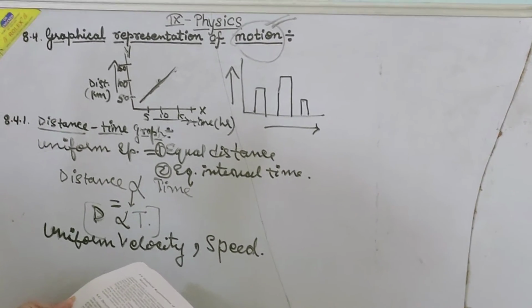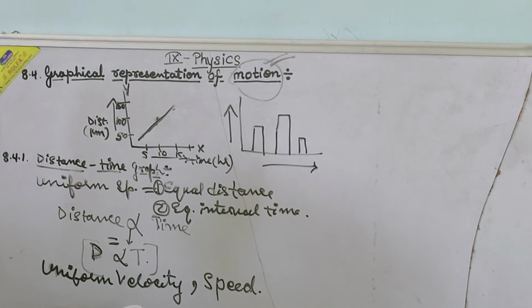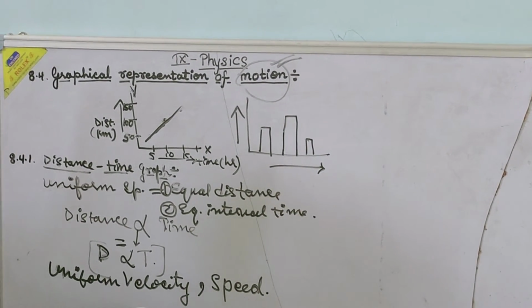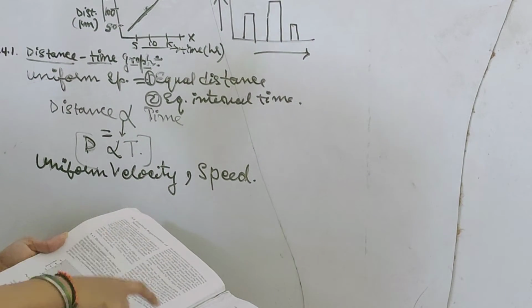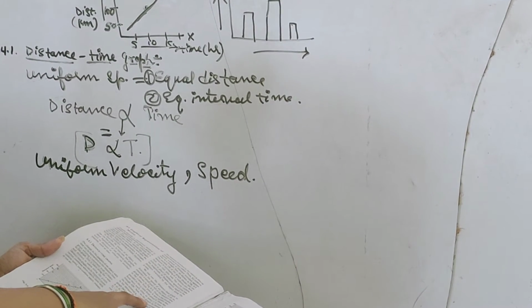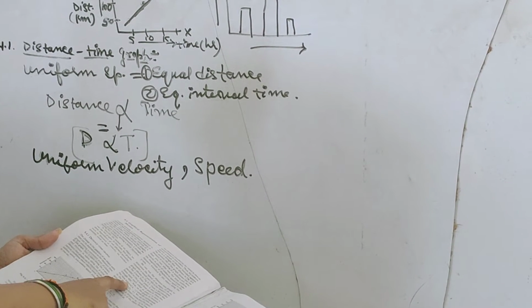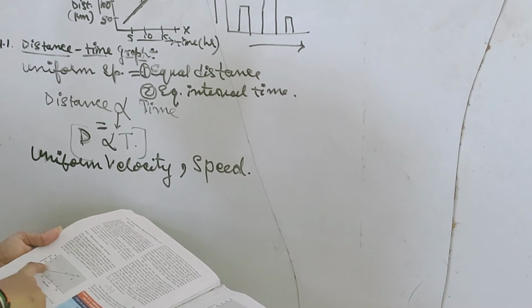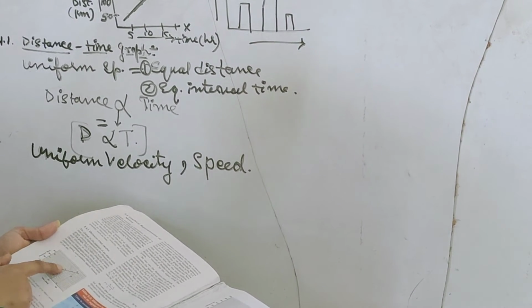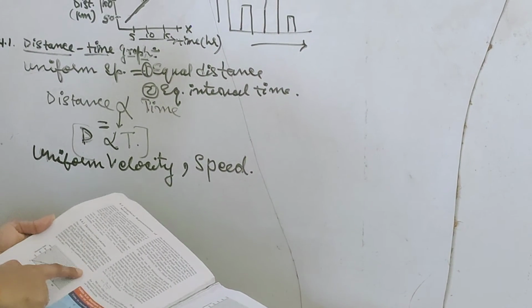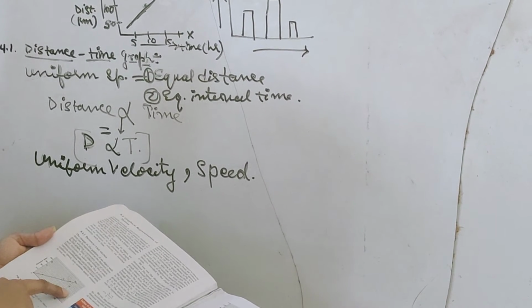It is a right angle triangle. Whenever we will draw a line, we will extend from A point, we will extend from B point, so it will be like a triangle, small triangle ABC. Now on the graph, AC denotes time interval. AC, what AC will denote? Time interval. This is like if an object travels from A point to B point, this is the time interval.